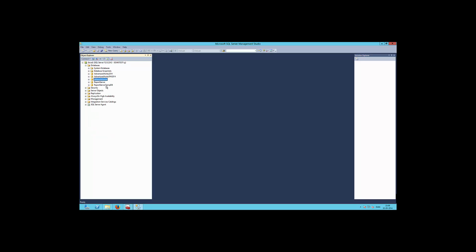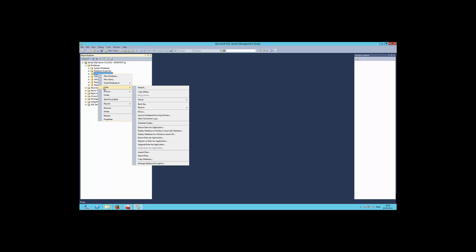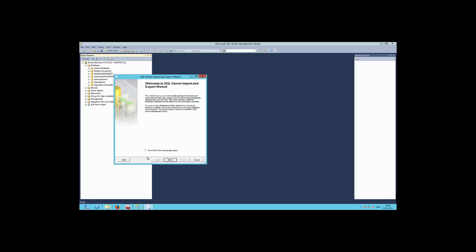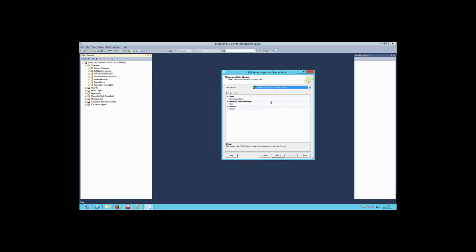As you can see in my SQL Server, I have a database called AdventureWorks, and I have a database called Data Warehouse. I now want to move data from here to Data Warehouse. So I right click, choose Task, choose Export Data. Little warning, and then I need to choose the data source. Please note that we start on ODBC drivers now.